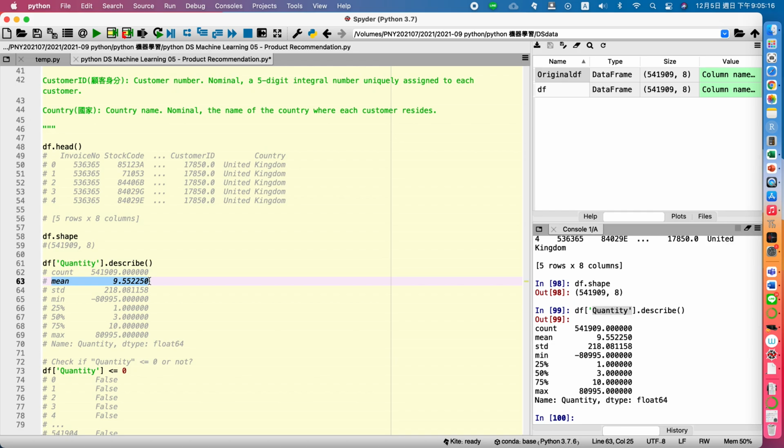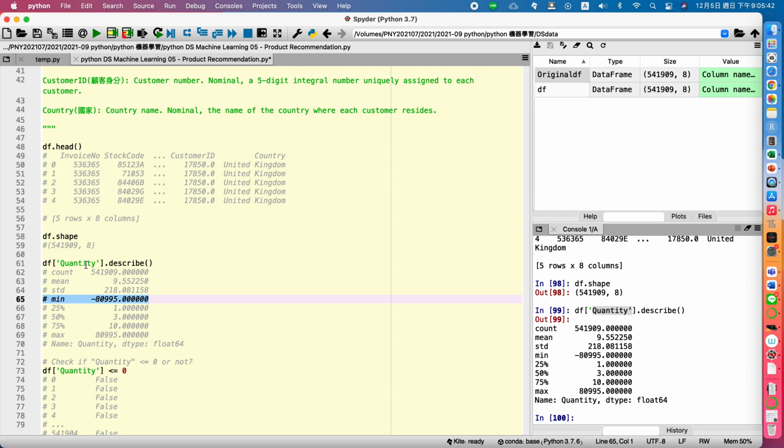The average for this transaction is almost 10 quantities, 10个。以这次的交易量最多，平均值大概是10笔。